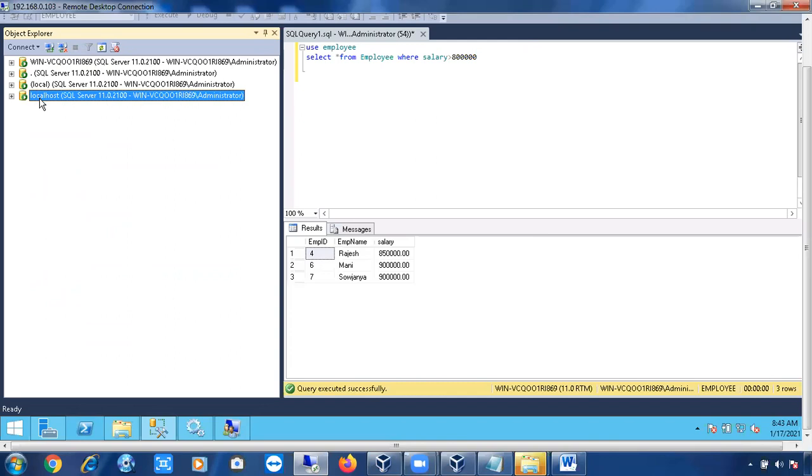Did you get my question? No, sir. So we have connected to the default instance using all these 4 names, right? Other than these 4 names, do we have any other names to connect to the default instance?